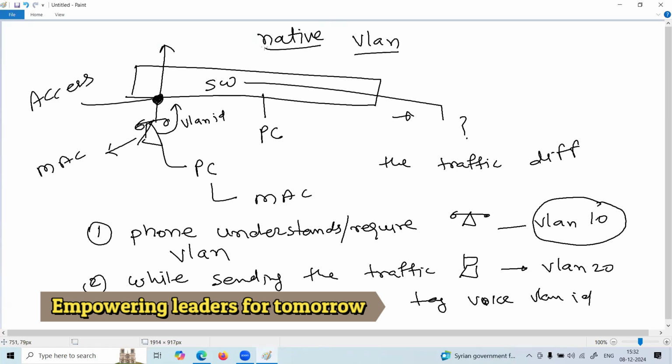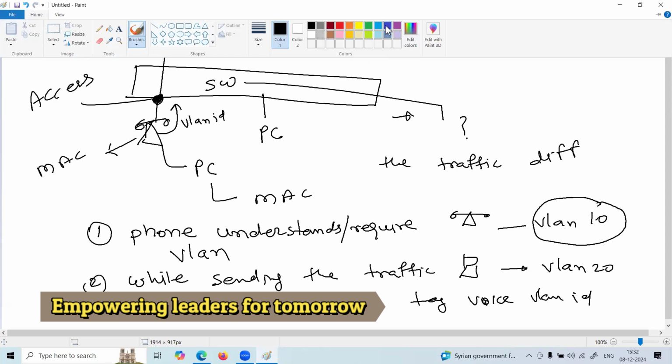I'm just asking, what do you understand by the native VLAN? The native VLAN is that all switch ports are native VLAN. It is access mode. No, no, sir. Okay. Actually, what happens,